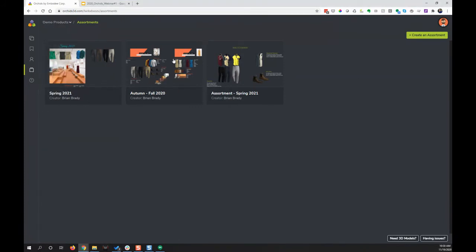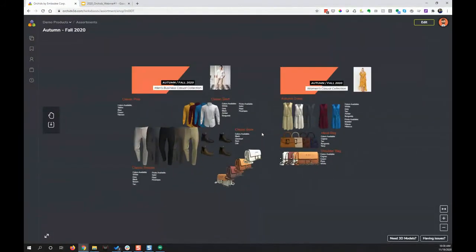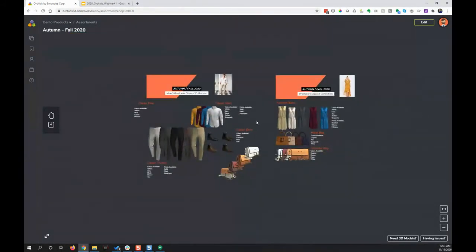So I can have as many assortments as I want. This is where I can see a list of the assortments I've created, and I can click on one and open it. Again, I'm a product admin, but anyone can have access to the assortment tool and view these assortments within this tab. Assortments allow users to create boards and arrange an unlimited number of product variants on an easy-to-use free-form canvas. This is an infinitely scalable design board that helps stakeholders visualize their entire collections in one place.